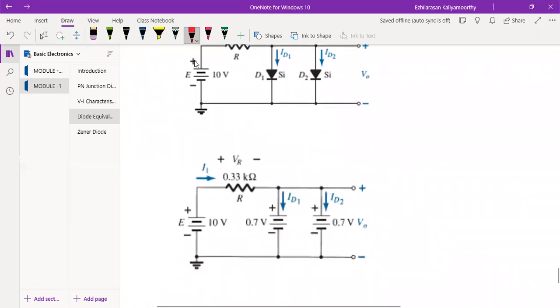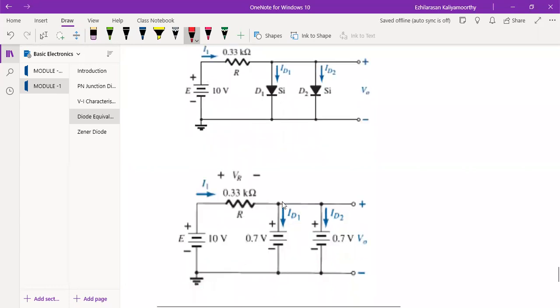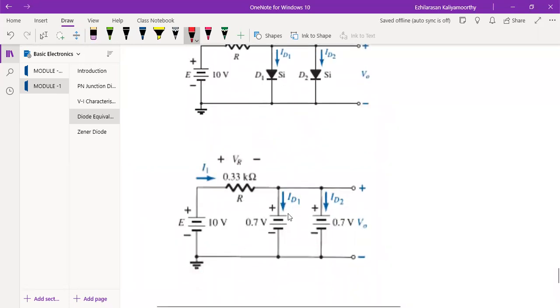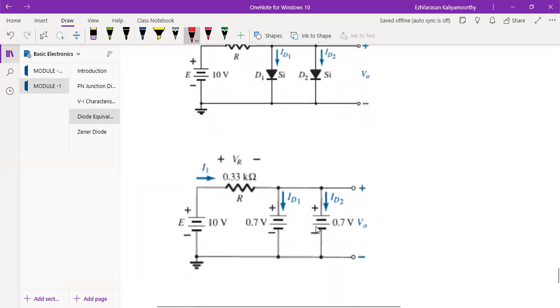Simple. What we did here, let me mark that I1. Here the voltage across this resistance is nothing but VR. We took it as VR like this because of resistance R. Next to this diode, you see first whether it is forward bias or reverse bias. This diode: P type is connected to positive, N type is connected to negative. So it is forward bias. So replace it with the battery, that is the equivalent model. You might know that, right? That equivalent model is a battery of 0.7, plus minus. Next, the second diode: P type is positive, N type is negative. This also is forward bias.